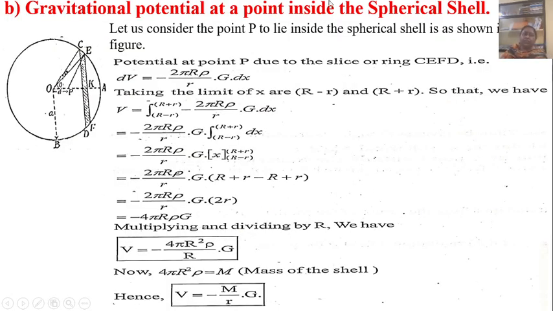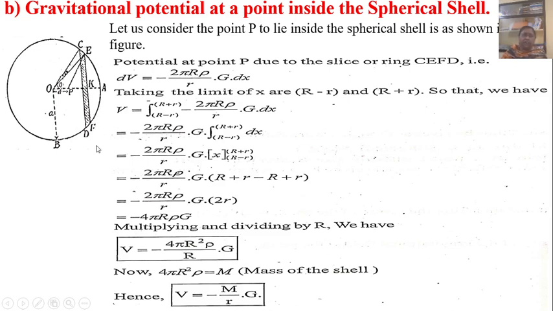So now we determine the gravitational potential at a point inside the spherical shell. Here also consider the point P to lie inside the spherical shell. See here, this point P is inside that spherical shell as shown in the figure. Now the potential at point P, due to the slice or ring CEFD,